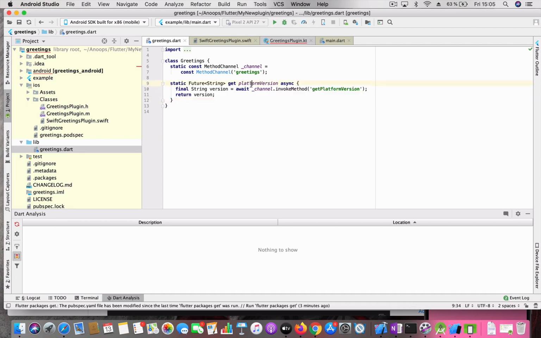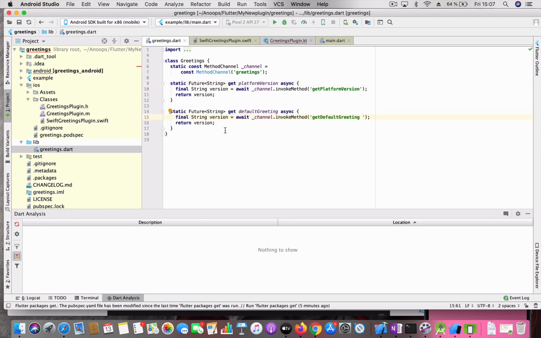By default there is one method implemented for you called platform version. What this function does is it goes to the platform channel and fetches the current platform version. Like for Android we have seen 8.1 and iOS we have seen iOS 13.2. So these values are being fetched from the platform through this function. What we are going to do is write a couple more functions to this one and try to use that. Okay,